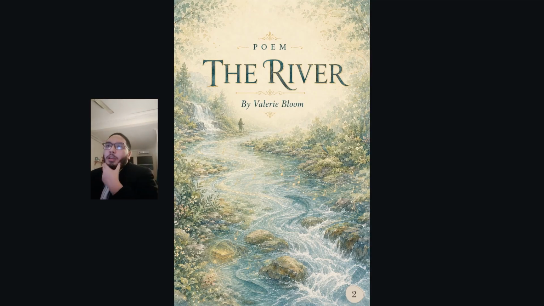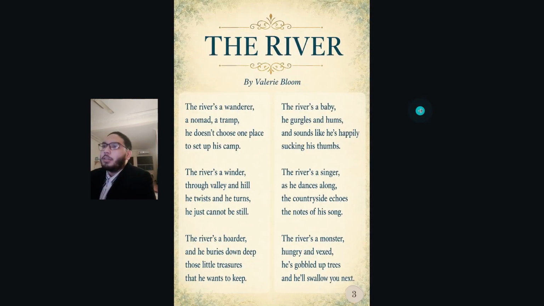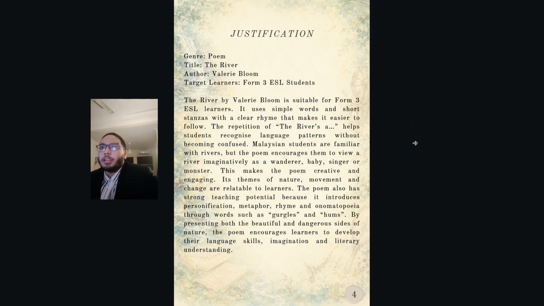Now, with this, we have two activities for each of them. So let's start with the first activity for the first poem. You will also have the clear text for the poem itself, and then there's the explanation for our justifications for why we use The River. As you can see, we talk about the repetitions of it and how creative and engaging the poem